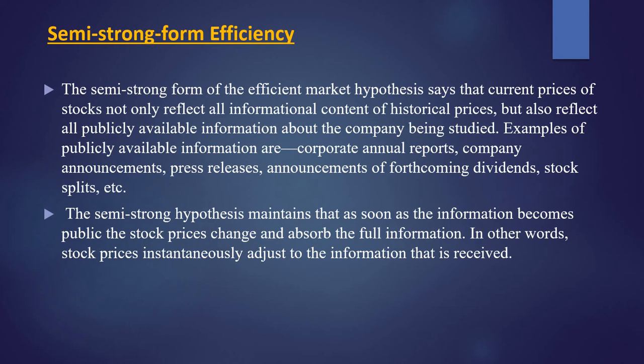For the last 5 years they were earning good profit, as per the past data, but in the annual report there is a loss this year. Would an investor invest in that company? No, obviously people will not take the risk of investing in a loss-making company, correct? So whatever is in the annual report is present, publicly available information and not past data. Even though in the past data they were earning profits, due to the present publicly available information, like the annual report, they are facing a loss. So due to that there will be a price fluctuation in the market, correct?